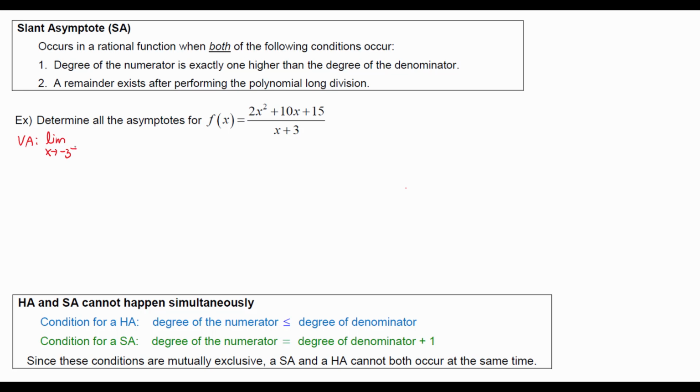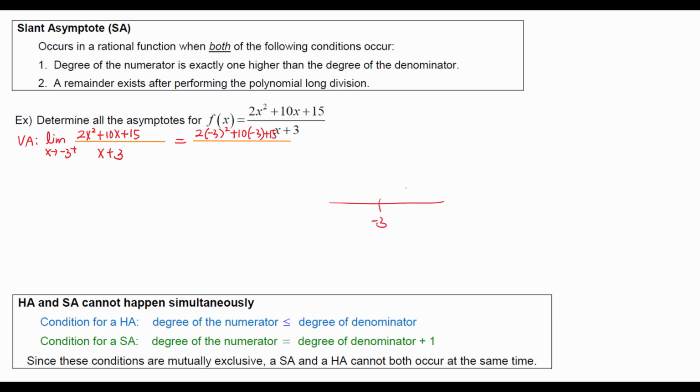So I'm going to just go from the right of the quantity 2x squared plus 10x plus 15 over x plus 3. Let's do the direct substitution now. So I have 2 times negative 3 squared plus 10 times negative 3 plus 15 over, as x approaches negative 3 from the right,